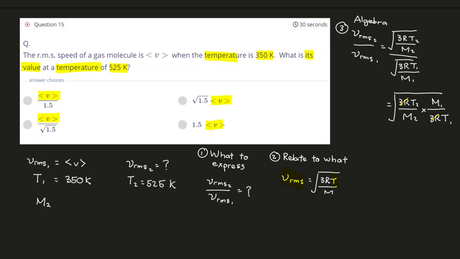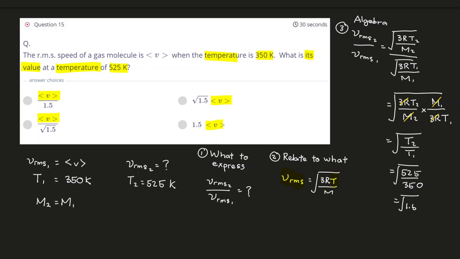If you change it from helium gas to oxygen gas, then probably the molar mass has changed. But they mention nothing about changing a gas. So M2 should be equal to M1. The molar mass should be the same because it's the same gas. There's no change. So if M2 is equal to M1, you can safely cancel out M2 and M1 as well. So what's left in your equation is T2 over T1, which if you substitute in the values, 525 over 350, you get an answer of